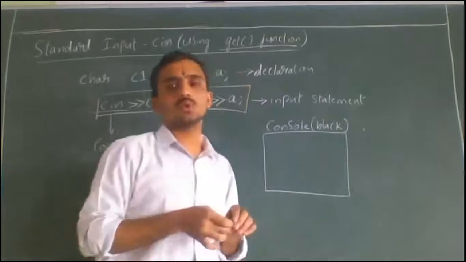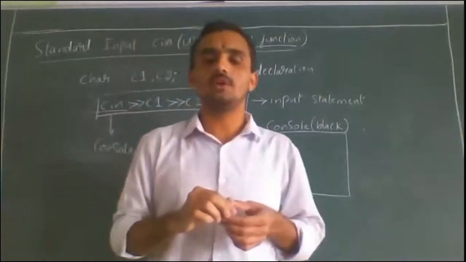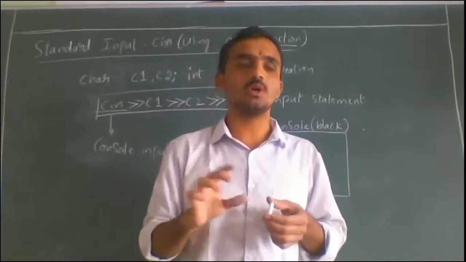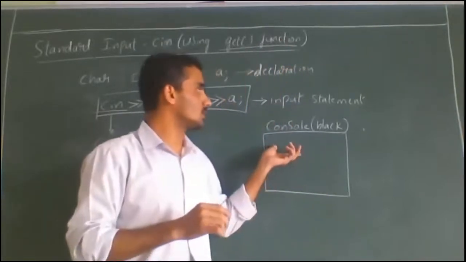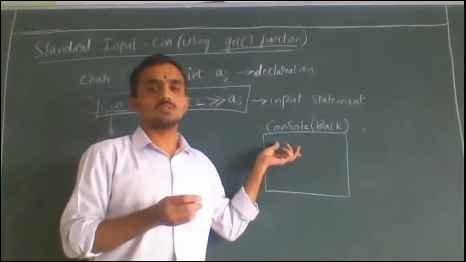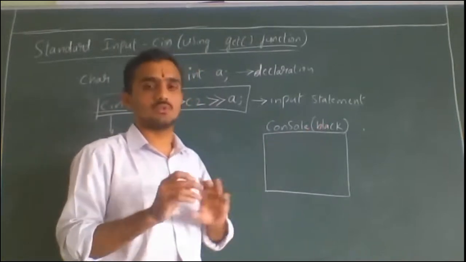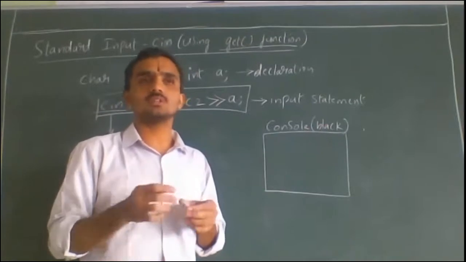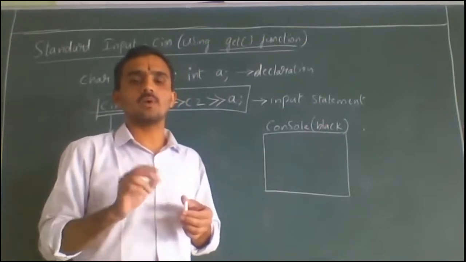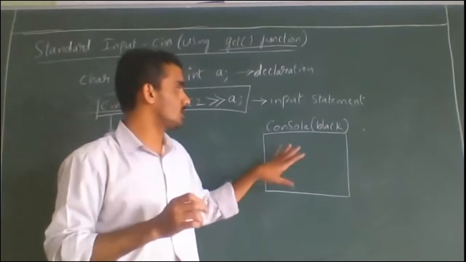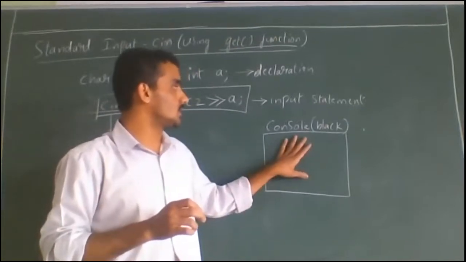I said there are two types: console input and console output, and window output. Now we consider console output. Console output means where you come across a black screen when you execute the program. And one more thing here, black color is not fixed, because if you go for some other editors, you may see white color also. Just for your understanding. So let us consider this is the console.